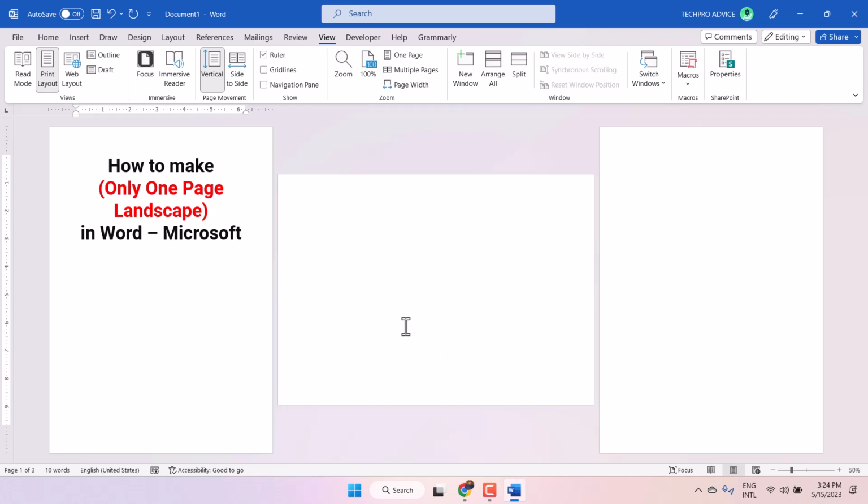Hello friends, in this video I will show you how to make one page landscape in Microsoft Word document as we can see here like this. So to make only just one page landscape in your Word document,